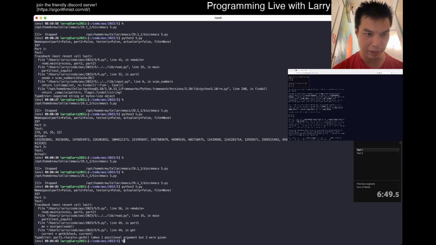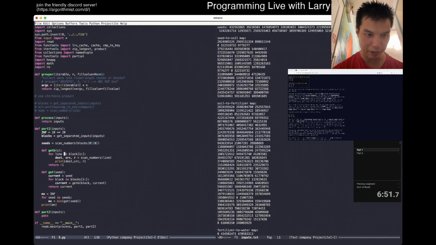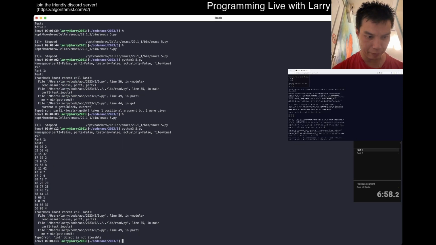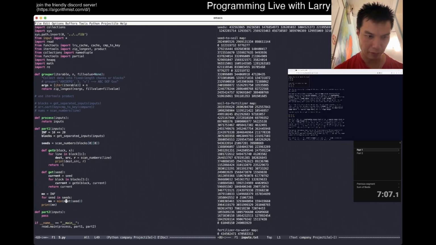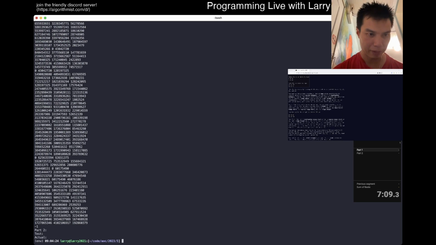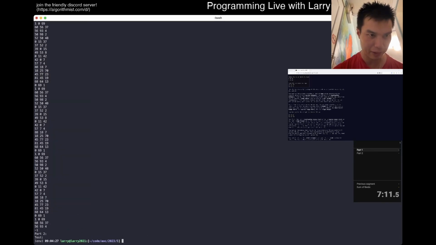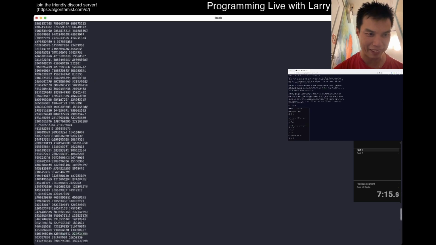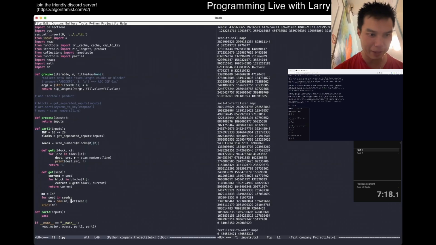Two were given, of course. Int object not iterable. Oh, right, of course. Let's just look at the test. Looks maybe right. I don't know. Okay, yeah, looks right. Looks like what I expected anyway. Okay, so then now,